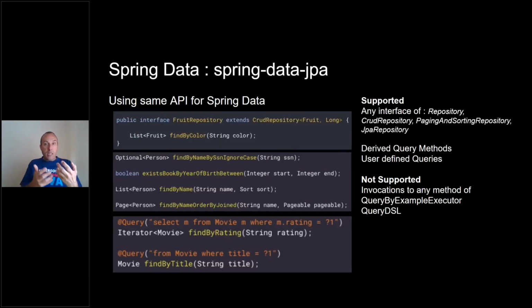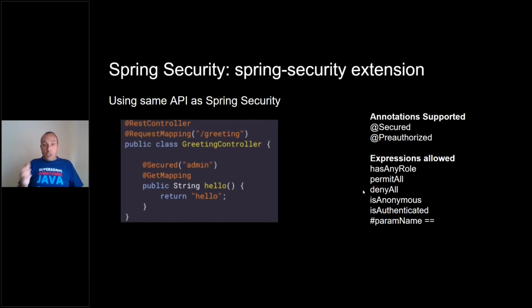The same with the Spring Data JPA, and now we can even use derived query methods, so that's fine. So don't touch your code if you are using the supported things. I have to say that you better check every extension for the things covered and not supported. It could be that you are using a corner case or a feature that is not yet supported, so then you need to find a workaround. Spring Security, the same, and even in that case, we have expressions allowed on the security for the methods.